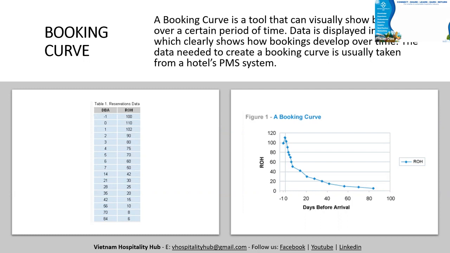Let's say this hotel is a city hotel. For a city hotel, you know that within 7 days, or within 14 days, the business is growing very fast. I mean, there are many bookings coming within 14 days. That's why they need to track from 7 days until the 0 day, in just 1 day steps, to see the movement at the very last minute, how the booking is formed within 7 days.